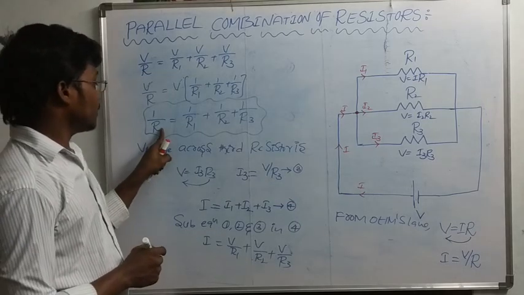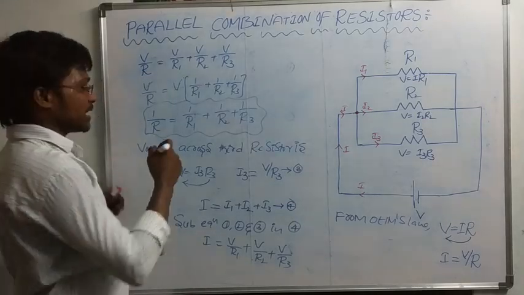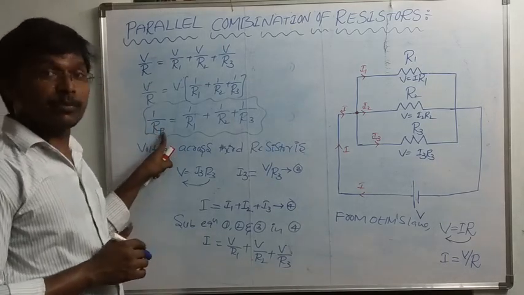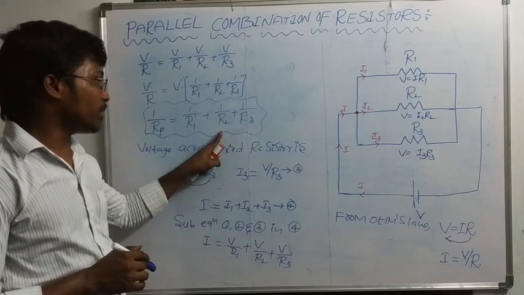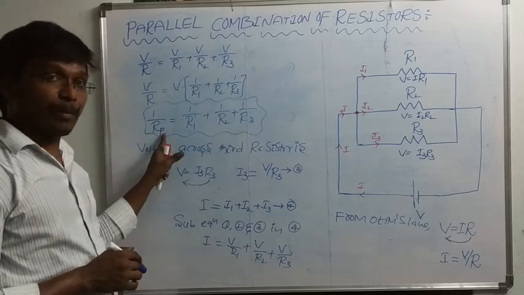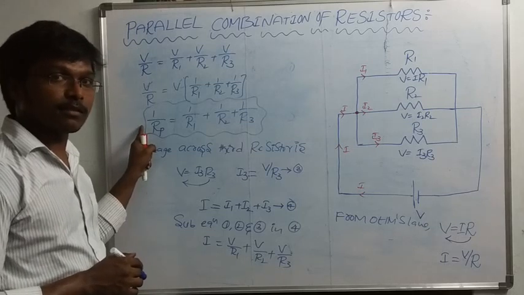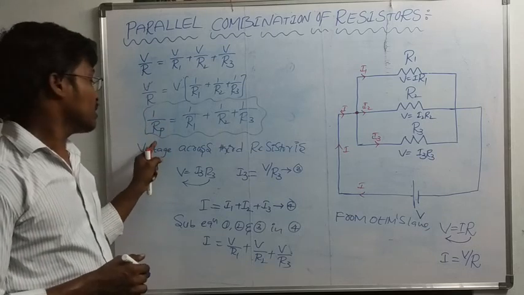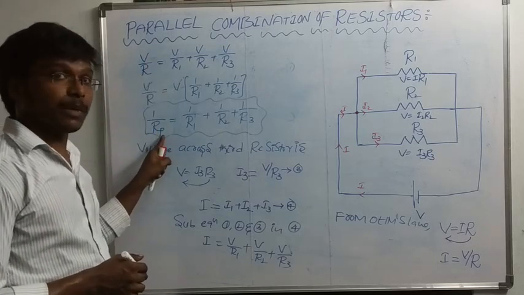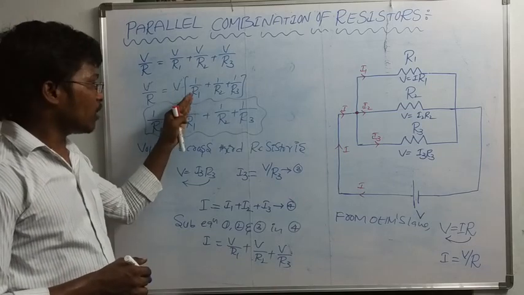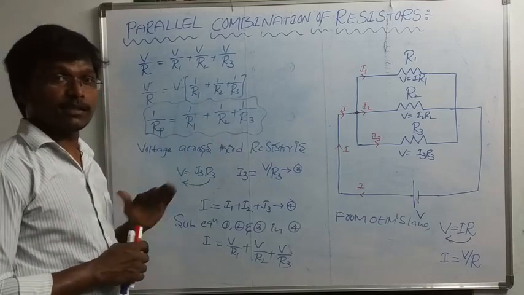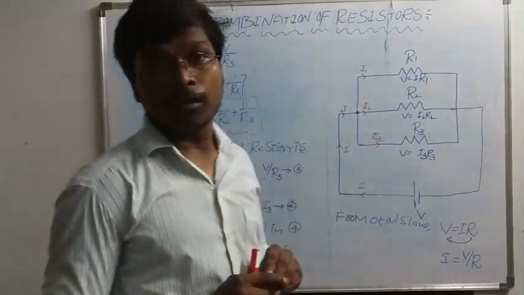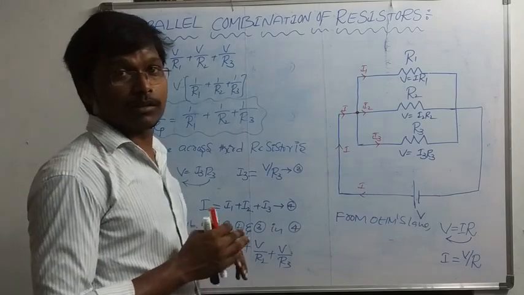Okay, so this is the parallel combination. I am indicating it with suffix P: 1 by R suffix P is equal to 1 by R1 plus 1 by R2 plus 1 by R3. R suffix P means a parallel combination of resistors. Before, I wrote R suffix S for the series combination. Here, for parallel, 1 by RP is equal to 1 by R1 plus 1 by R2 plus 1 by R3. This is the expression for resistors connected in a parallel format. It's a very important concept, and at the same time, it is an easy concept.